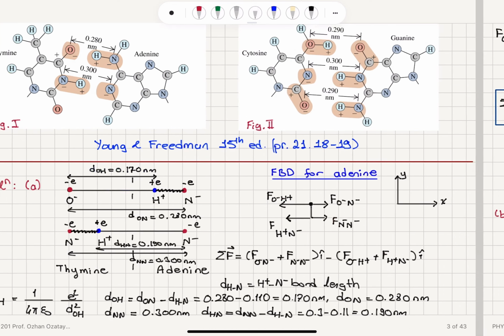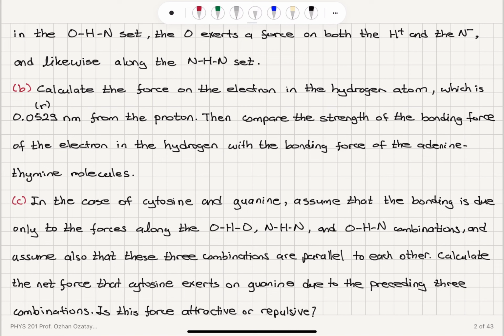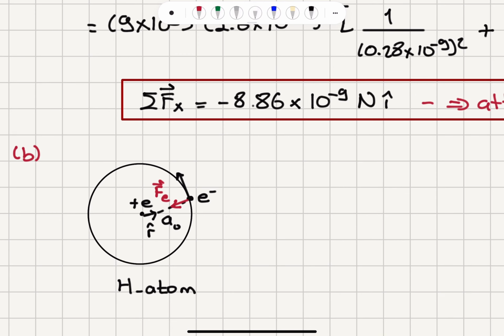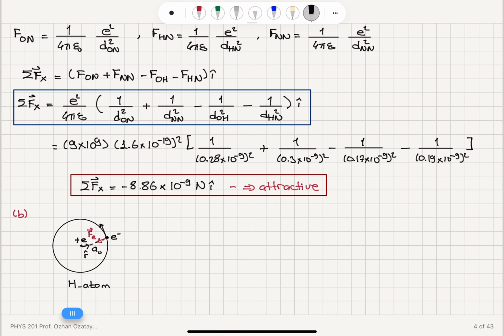For part B of the problem, let's remember what part B was. We want to calculate the force on the electron in the hydrogen atom in the first Bohr radius and compare it with the bonding force of the adenine-thymine molecule. Now, in the hydrogen atom in the Bohr model, the electron is performing uniform circular motion around the nucleus, which has one proton, plus e charge, and the electrical force between them is the centripetal force, and the radius is one Bohr radius in the 1s orbital, and that radius, the Bohr radius, is